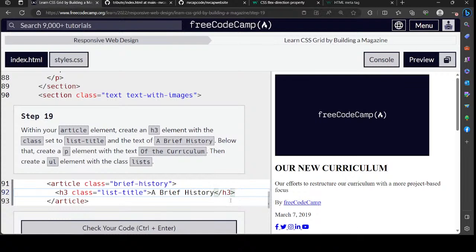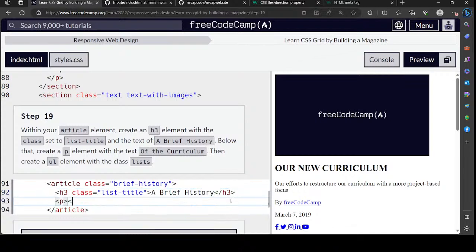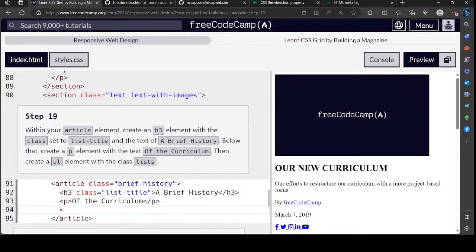Will that create a P element? With this text. You element the class plus